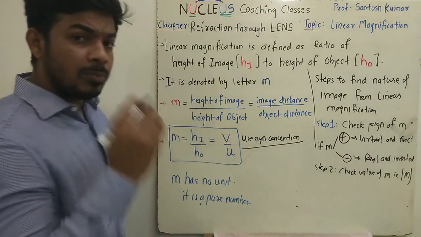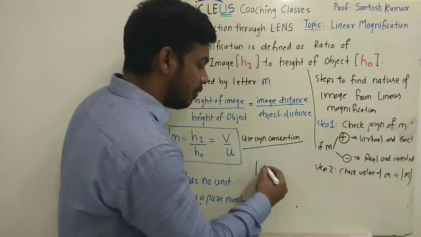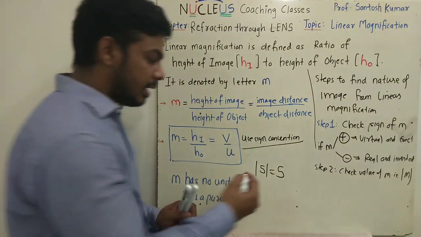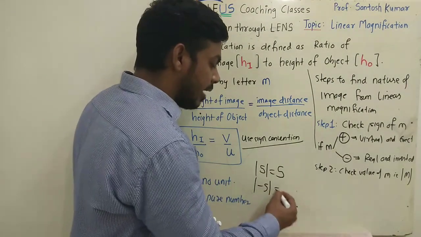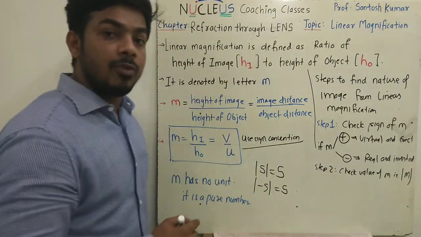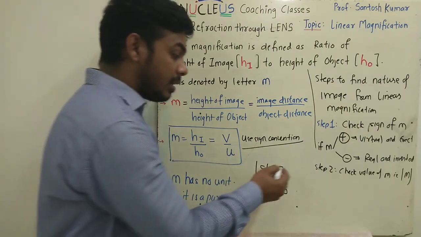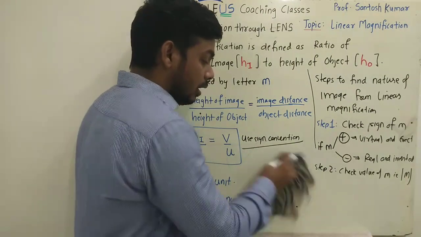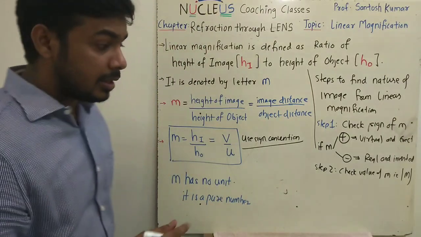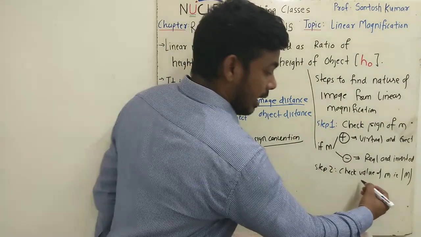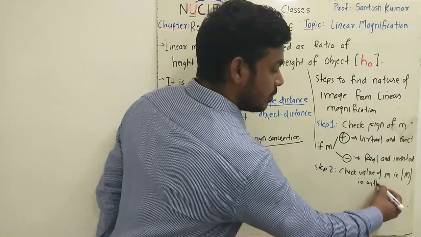Whenever I talk about mod of a number, let's say mod pi, the value is pi, and mod minus pi's value is also pi. So whenever a mod is there for a given number, that number will always be positive. So I am telling you to check the nature of the image, you have to check the value of M, that is mod M, I will say without sign,